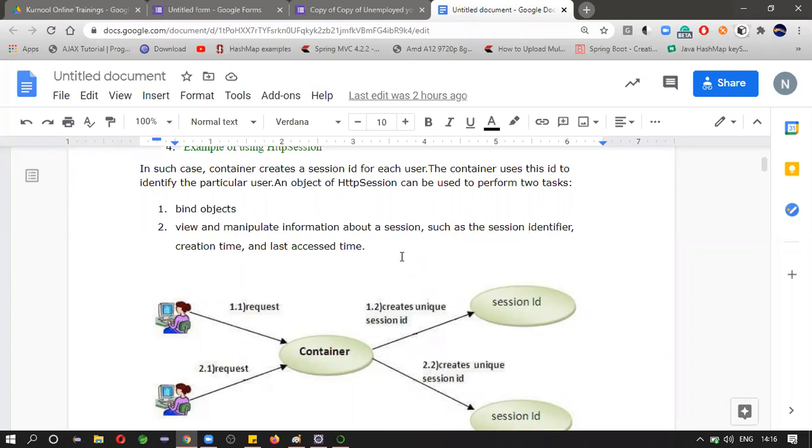Remember, generally we store the user data inside the cookie. That is from the client side. The client assumes that the server is maintaining some session and my data will be saved in that session. But at the server side there will be a lot more things: when to create the session, where to create the session, what data must be stored in the session, and how long we need to maintain the session.